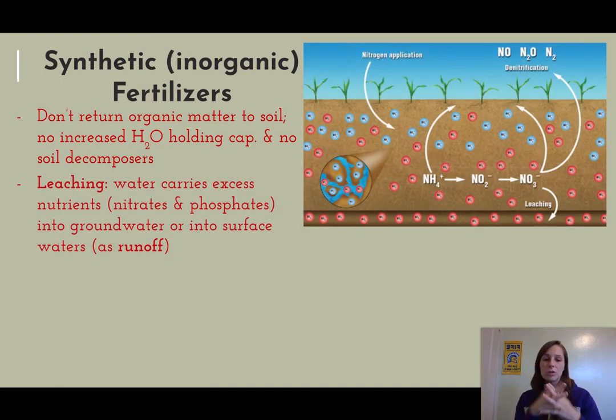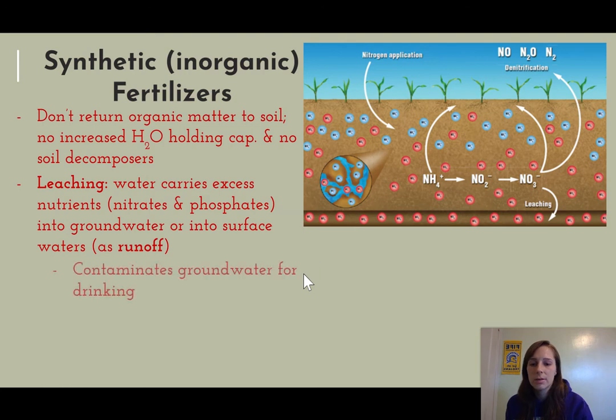What this ultimately leads to, which is one of the big problems of synthetic fertilizers, is leaching. Leaching is where we have water carrying excess nutrients like nitrates and phosphates into groundwater or into surface water as runoff. So if we look here, we have water coming down, carrying the excess nutrients off into the groundwater, or it gets washed away on the surface. This can contaminate groundwater, which we drink, which is going to be a problem,